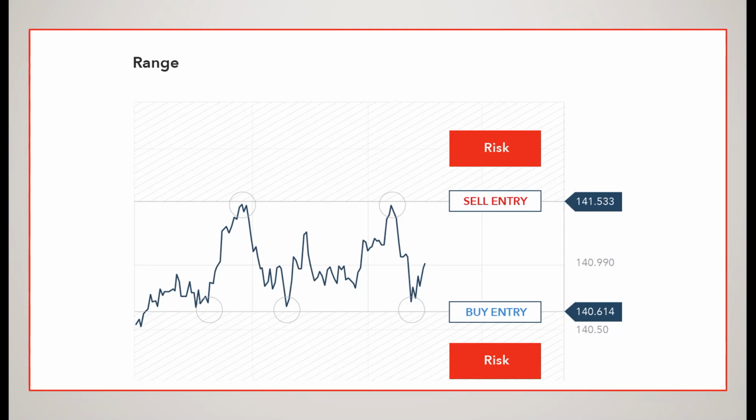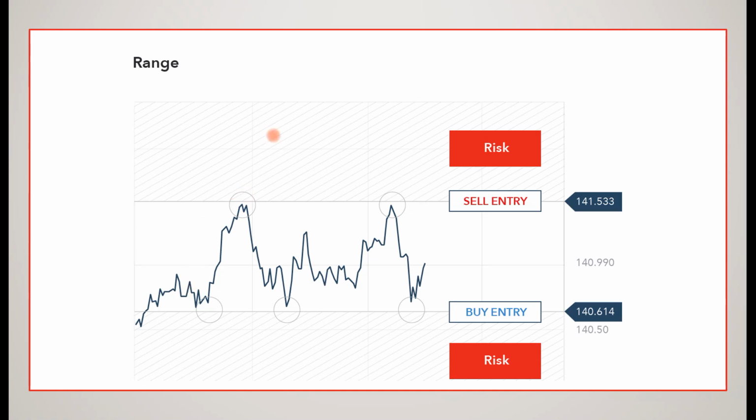Now, range trading is a great little trade. There are assets all the time, no matter what class size, that have found a range in which they're trading, where today and yesterday, this whole week, they're pushing up to this significant level, but not able to break through it, falling back down, bouncing off of that level, and trying to make it back to the top of that little range. We call these levels support and resistance levels. Well, it's very easy to buy whenever the price comes down to the support level and bounces off, because we know most likely it's going to move up to this resistance level and not break through it.